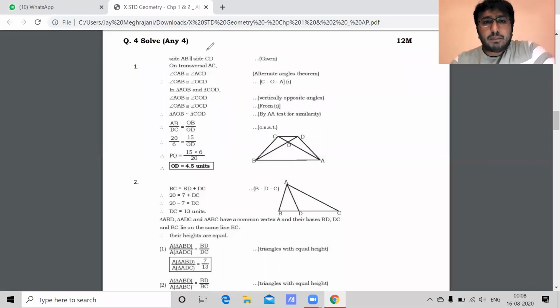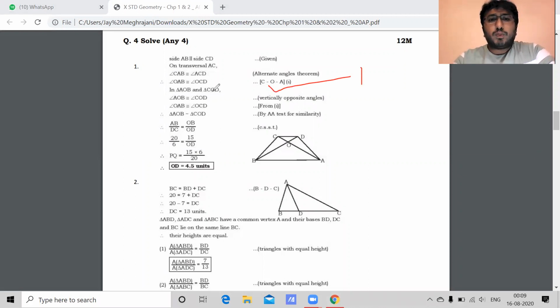Students, we are given that AB is parallel to CD. We consider transversal AC. We get the pair of alternate angles are congruent. When lines are parallel, alternate angles are congruent. Reason will be alternate angles theorem. We'll be writing same angles with different name. If you have done steps correctly till here, you will be getting 1 mark.